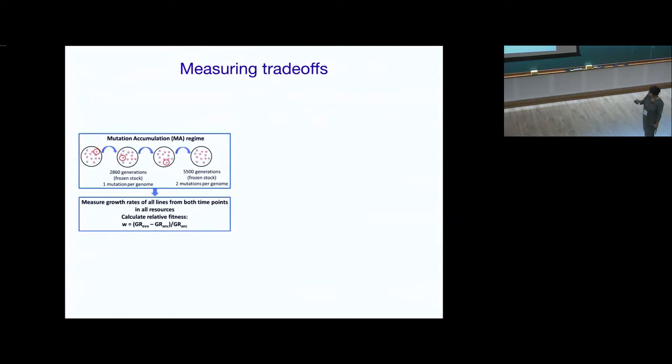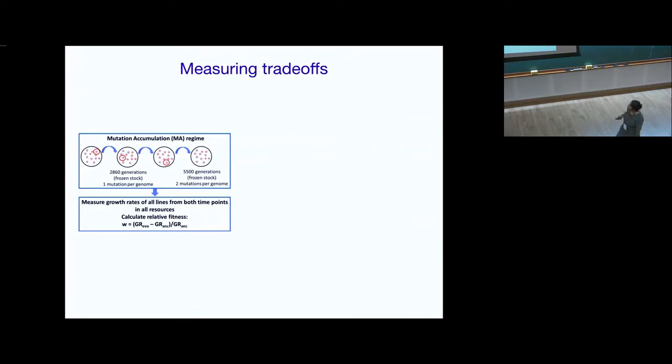And we understand much more about what happens under specific conditions of strong selection. Okay, so we wanted to test this, and we used a mutation accumulation regime. What's happening here is we put bacteria out on a plate. This is E. coli. Every day we pick a single colony, transfer it, and keep on transferring, right? And we freeze stocks at some time interval. Then we go back to these frozen stocks and estimate, given the known mutation rate for this wild type E. coli, at what time point we would have stocks that have, on average, 1 mutation per genome, 2 mutations per genome, 3 mutations per genome, and so on.